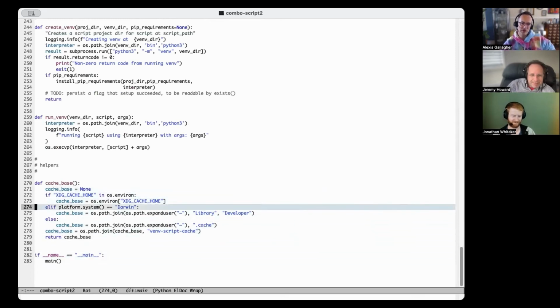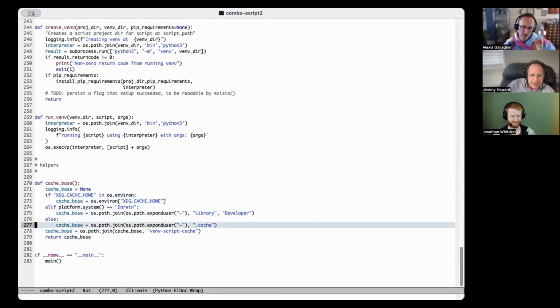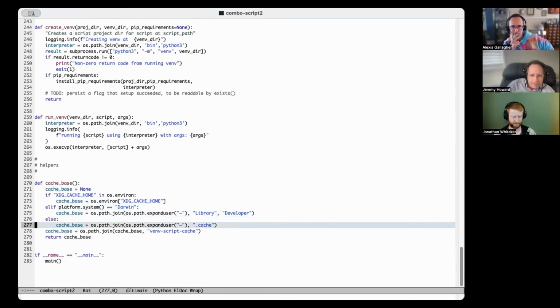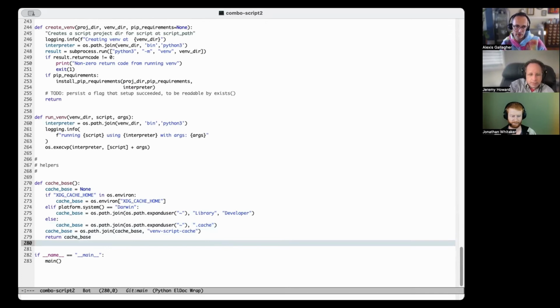Oh, the other question is where to dump all the garbage. Yeah, the XDG cache is the right thing to do, if it exists. But if it doesn't, then I don't know. Is it going to .cache on Linux and library developer on Mac OS? Yeah, I'm trying to remember. I think fastcore, let me check. I just copied this behavior from Swift Shell because Max usually makes good choices. Yeah, so there's a fastcore.xdg